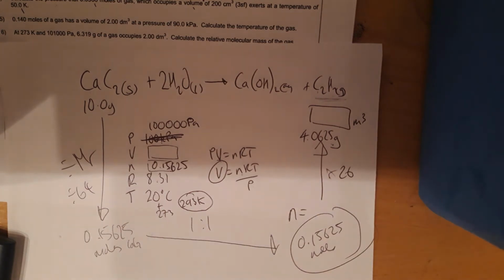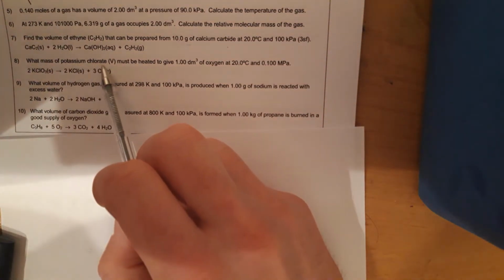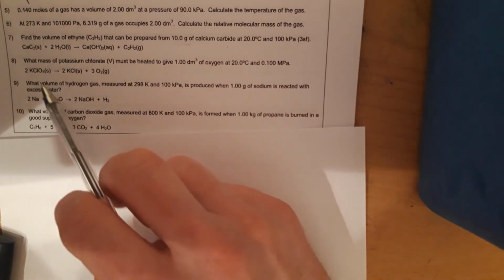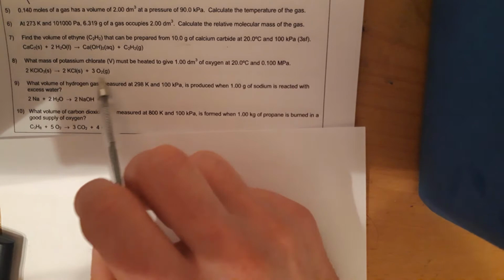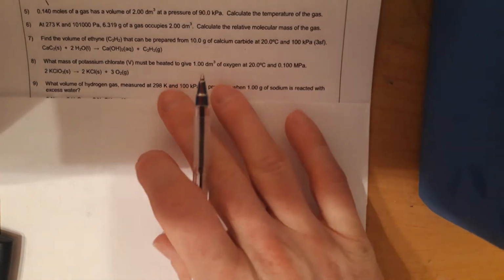That's pretty straightforward. Now I'm going to skip past question 8 and have a little look at it. What mass of potassium chlorate(V)? You don't know what that little 5 means yet, but it is a Roman numeral 5. What mass of potassium chlorate(V) must be heated to give 1 decimeter cubed of oxygen at